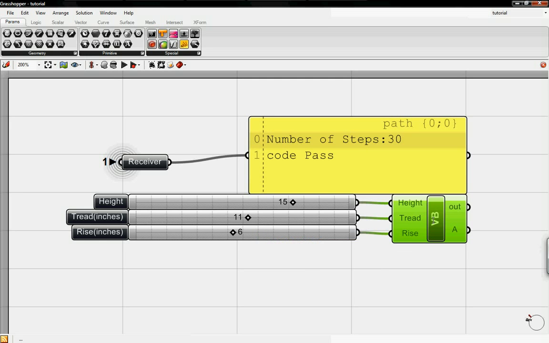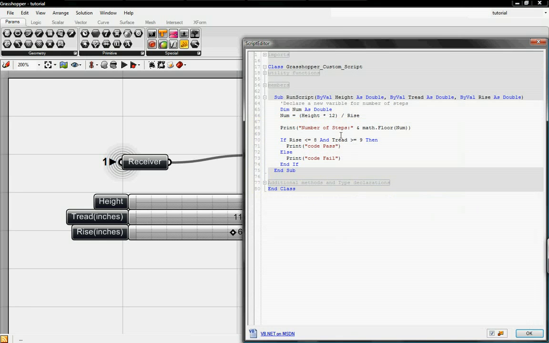So to correct that, we'll go back into the VB. We'll delete the and tread greater than 9, and I'll re-edit this to be rise code pass, and then here we'll say rise code fail,